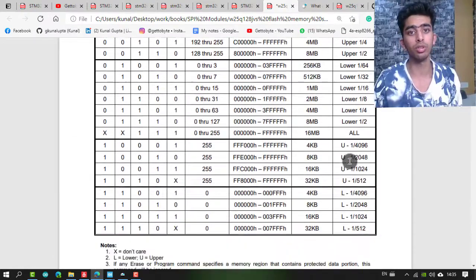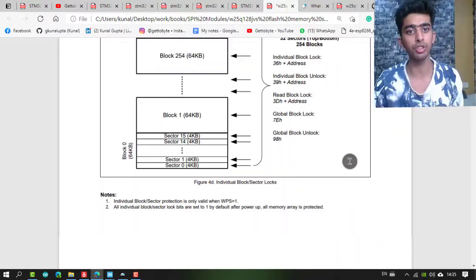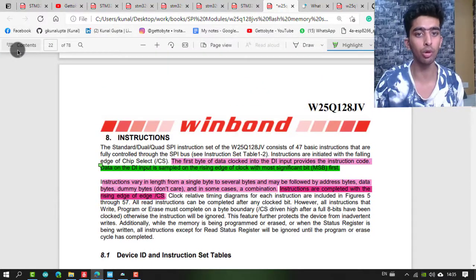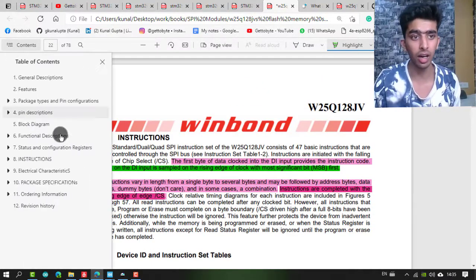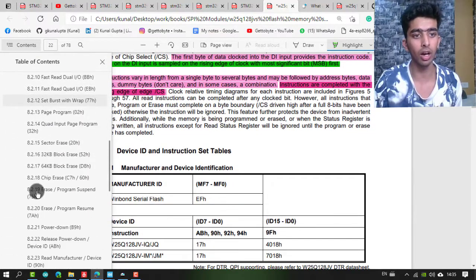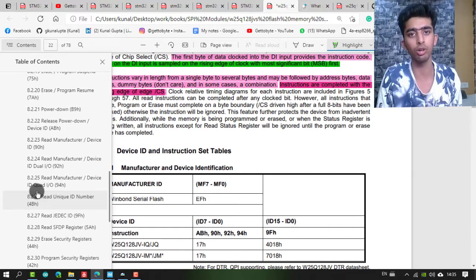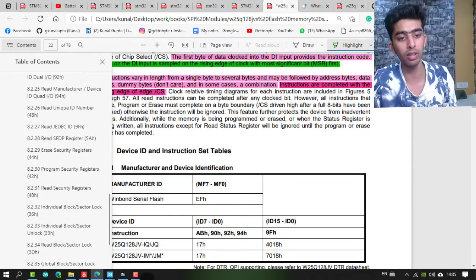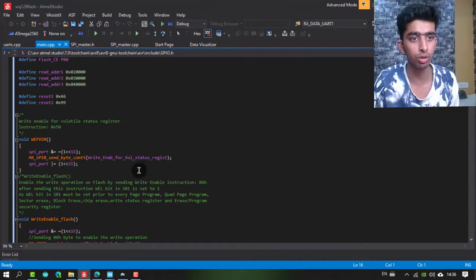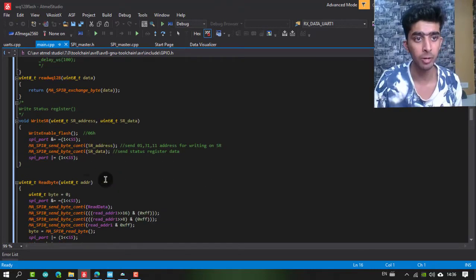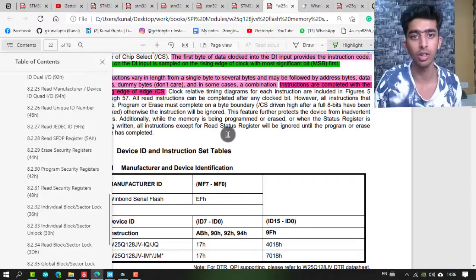Okay, so this is everything about the status and configuration registers. Now, for telling you which instructions to pass and how to fetch and read data, and all the instructions it has, I will start that in the next video, as this video is already very long. There I will also go through the code side and tell you which instructions I have passed, why I have passed them and how I am reading and writing things. Okay guys.